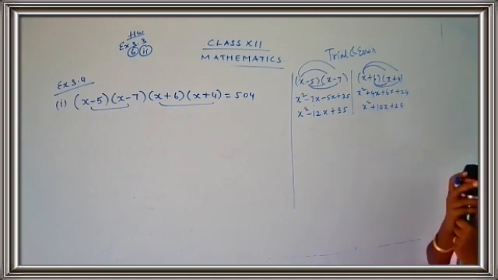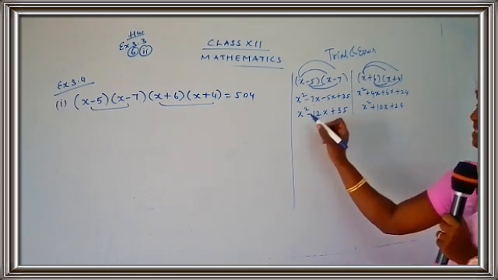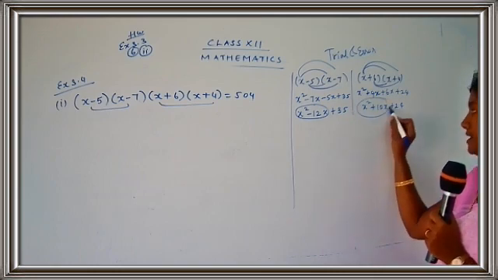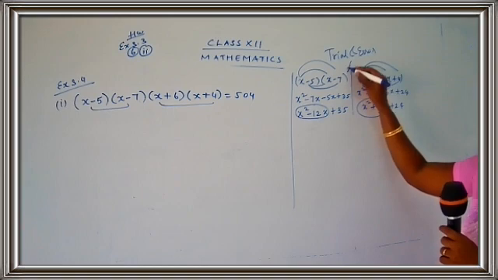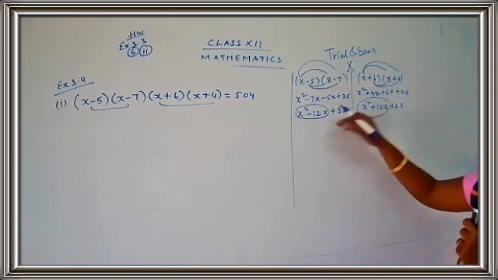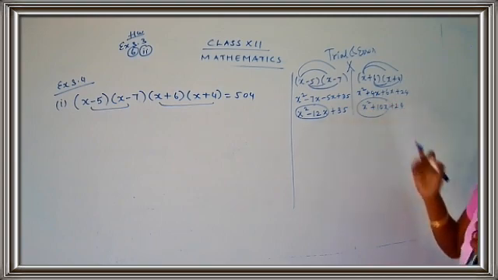Now you people may ask, how do we find whether the combination is successful? You have to just check the common part. Here I have x square minus 12x and here I have x square plus 10x, which cannot be taken as common. So this combination is rejected because I don't have any common term. X square and x square is common, but that doesn't make any difference. I cannot do anything with that one term. At least I need 2 terms to be common, the same 2 terms.